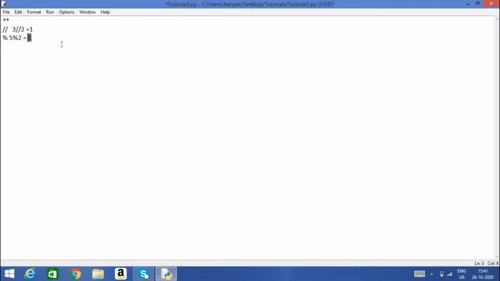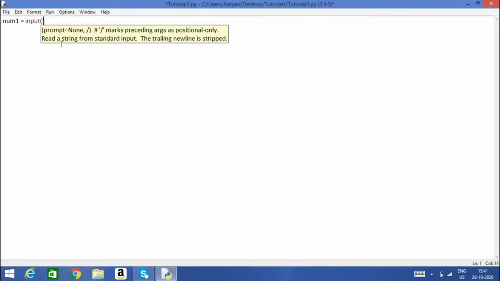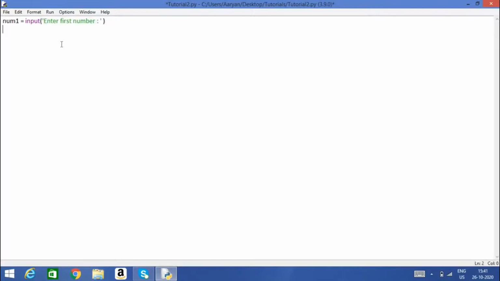on sometime. And now let's use all the things we have learned so far to make a project or code, you can say. So let's first write num1, and we want this to be the input statement, and we would write "enter first number", and there would be a num2 as well.